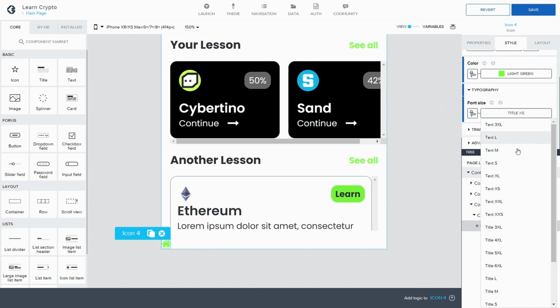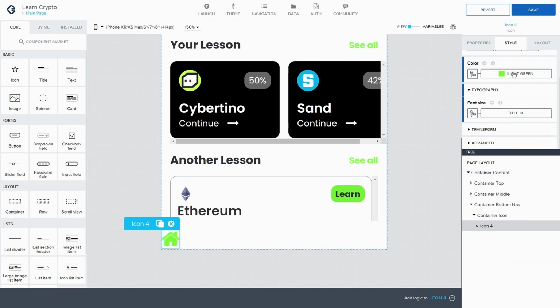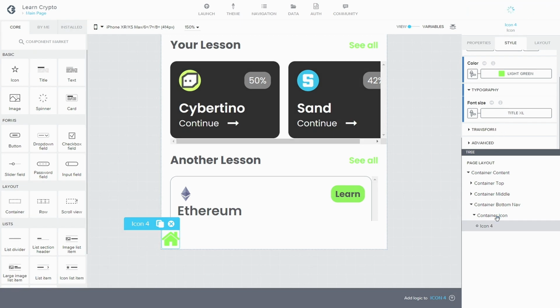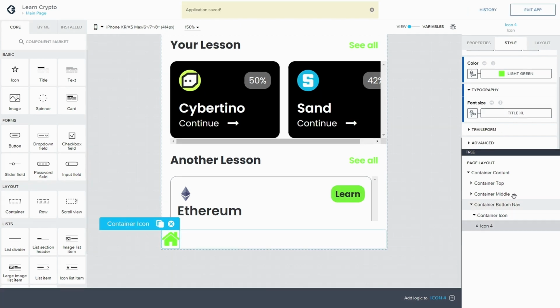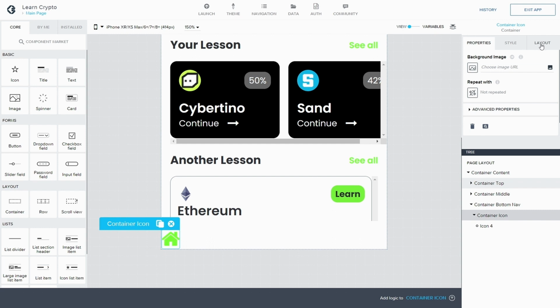Title XS, I think we want to make a bit bigger. Title, perfect, that's a nice big one. And now, okay, so it has a little selecting thing, so let's take that one. So we go to